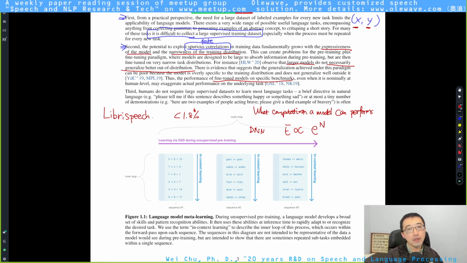But as we all know that, regardless of dictation or spontaneous or conversational speech, let's just talk about the reading speech. For humans, it's definitely about 5% most of the time. Even for the reading speech, because of the accent and the noise issue, the WER would definitely be about 5% most of the time. I won't say it would be about 5% all the time, okay?